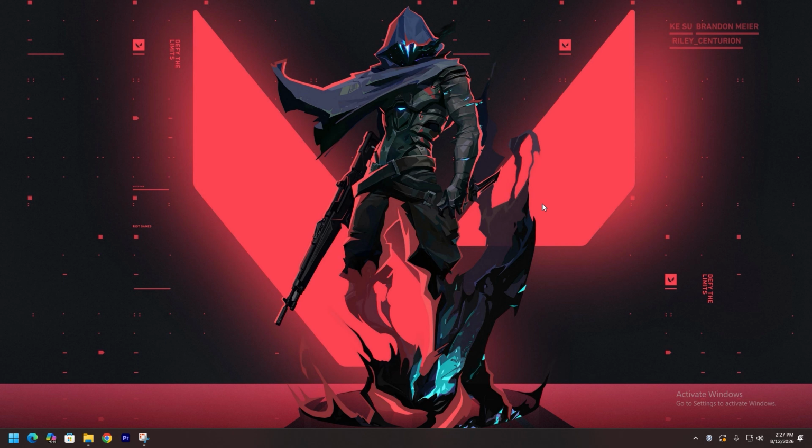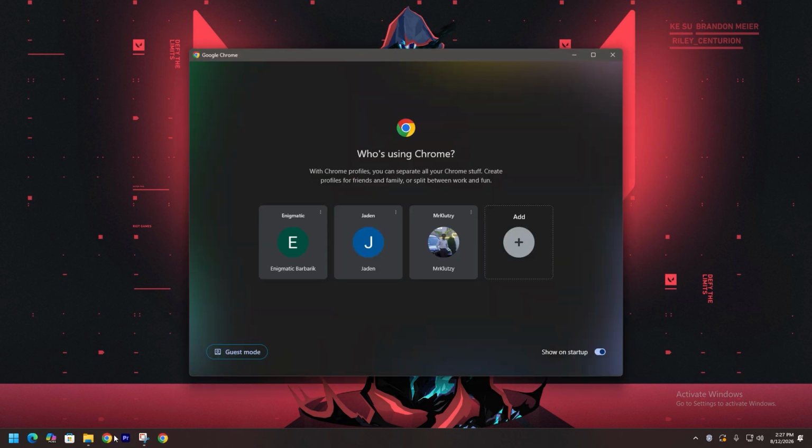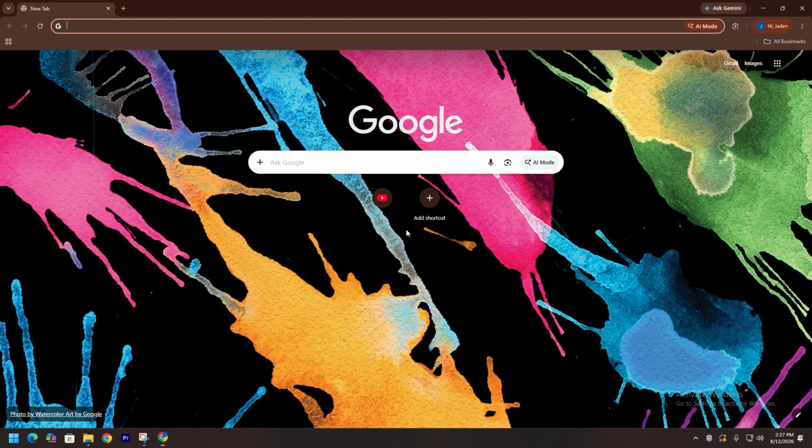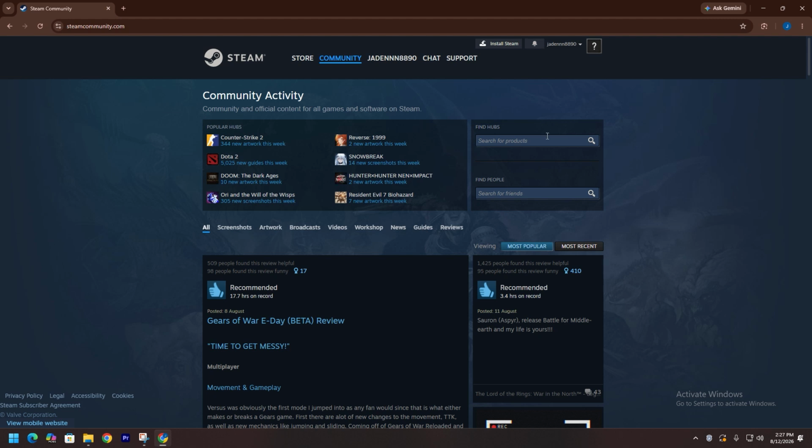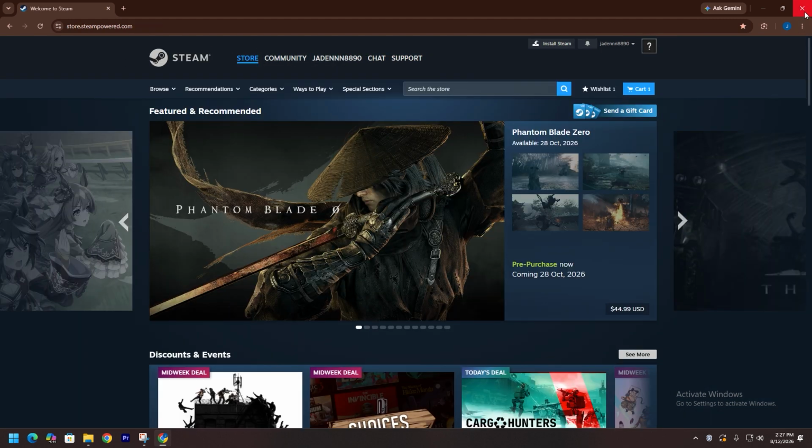How to fix Steam disk write error. First, if you're having any kind of problem on your Steam, such as a disk write error or any other kind of error, what you want to do is first simply restart your Steam application or website over here. If you have the Steam website, you want to simply close it completely from here and open